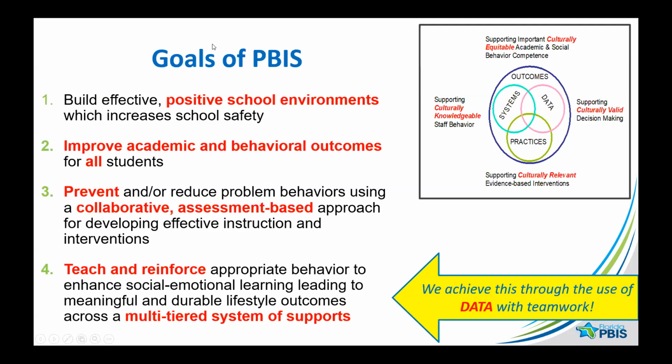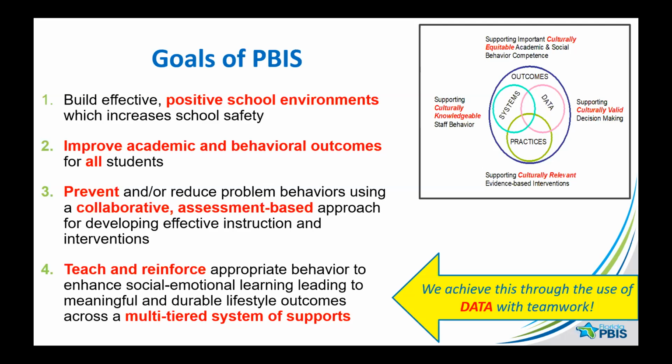And how we're going to do that is we're going to make sure that we are using our data to make those decisions, like these circles in the right top corner are showing, examining our practices in order to best improve our systems. And our outcomes that we're getting from there will help us determine, are we making differences within our systems overall? What do we need to change within our practices? What do our data show us about what's happening with practices being used or potentially not being used, and how is that impacting our overall system? And therefore, what do we need to do differently to change our system so that we can start to realize those outcomes that we want to see?